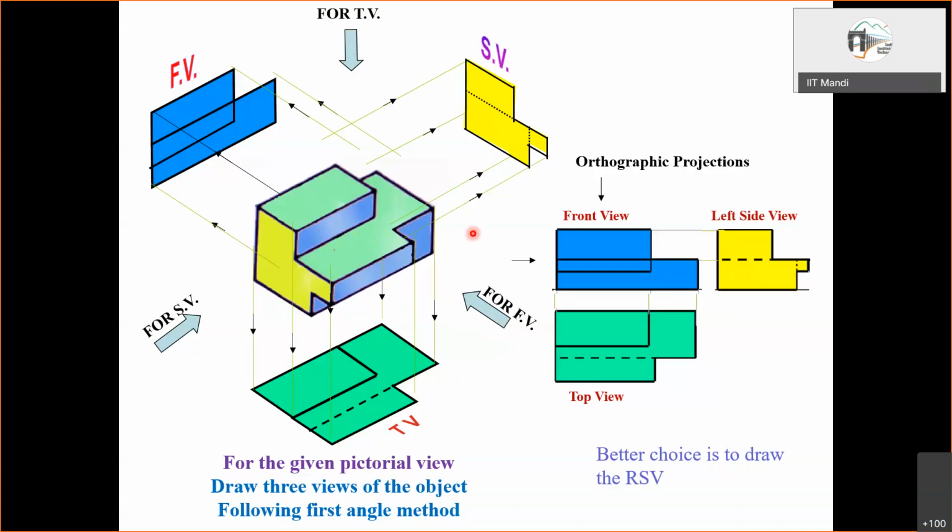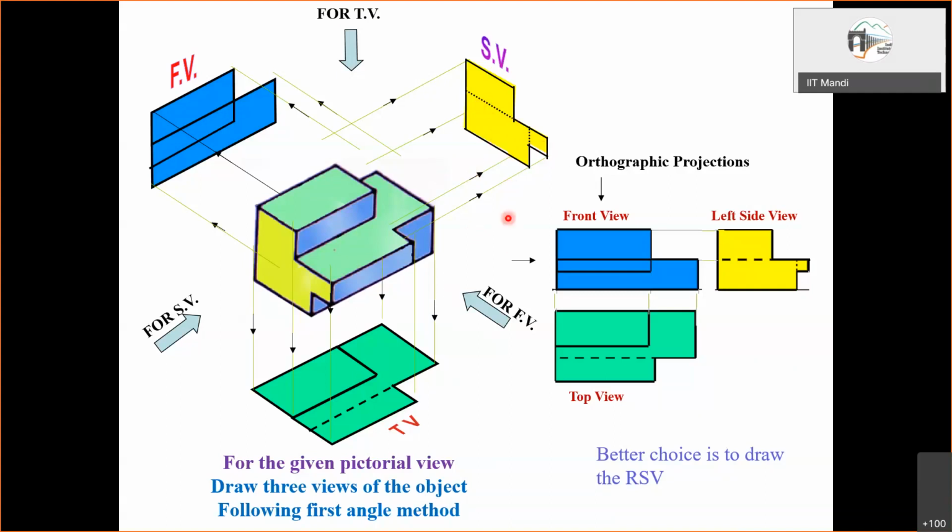Now in a problem, if it is given that you have to draw front view, top view, and left side view, then you don't have a choice. You don't need to apply your mind. But if it is not given, you try to think in this fashion, the way I am explaining. Sir, how do we decide which is better, right side view or left side view? That's what I was saying. You see, here the left side view is ending up with these hidden edges. But if we have the right side view, we'll have all the edges visible to us. There are no hidden edges.